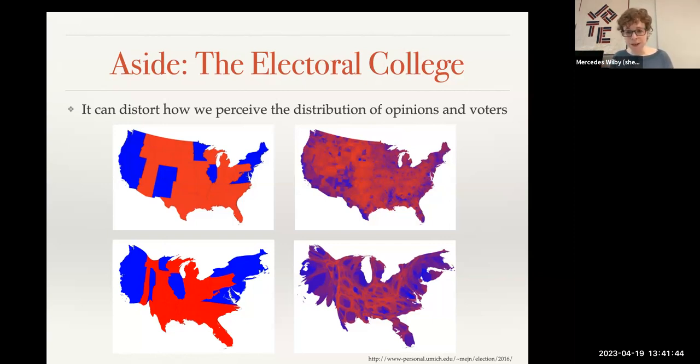And so we can see that New York certainly looks strongly blue in the New York City area, but actually has big swaths of red throughout upstate and western New York. Texas is very red in central and northern Texas, but along the border, it's actually quite blue. Another way that this distorts things is we see these big swaths of red in the middle and think, wow, the country is really Republican. But that's because some of these states in the middle are geographically really big, but have very small populations.